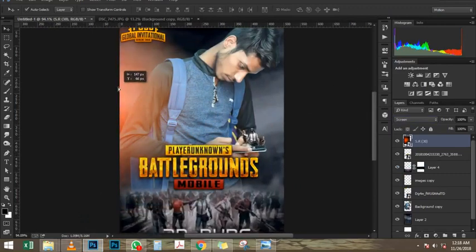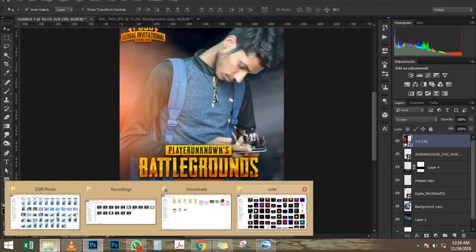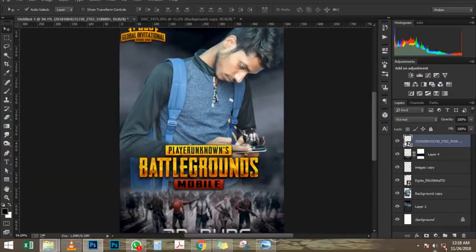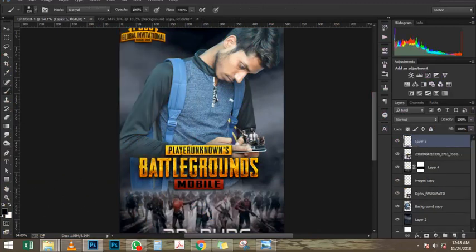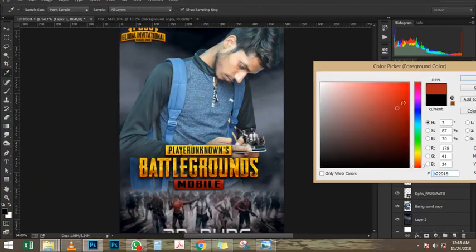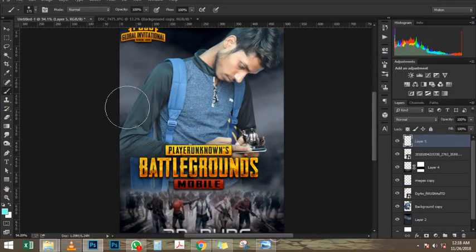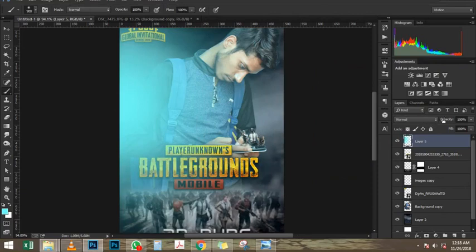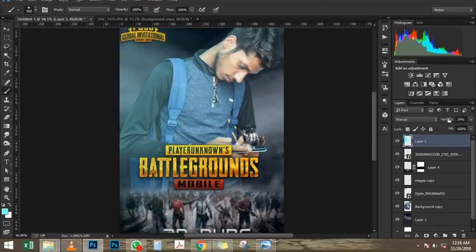Okay, now that I have the selection active around the snow border, I'm going to select that top layer and click on the layer mask icon to create a mask around the snow border. So what I'm going to do now is click on this top layer, hold Shift and click on the layer below it so they're both selected, and I'm going to click on this little chain link icon here to link